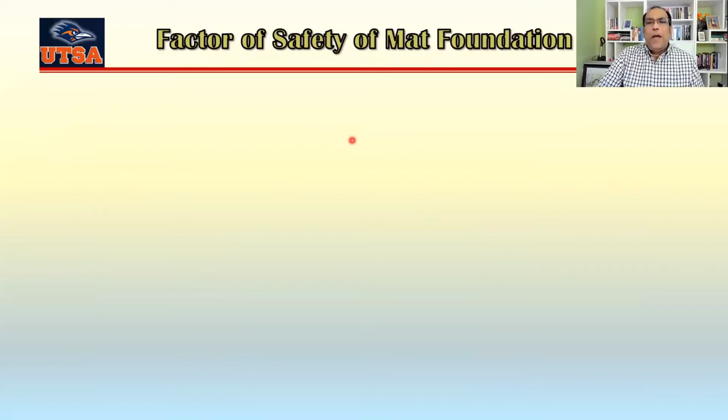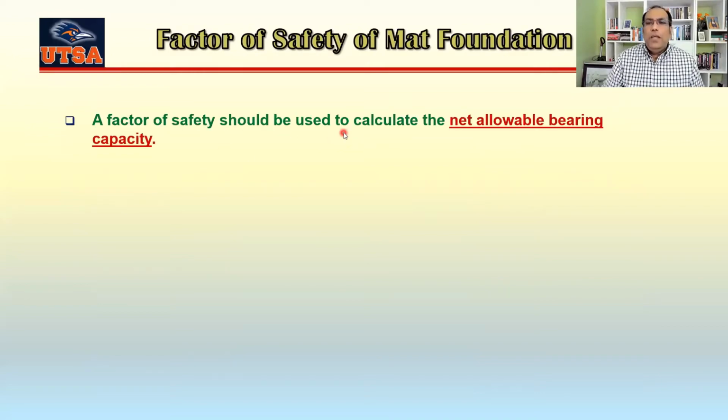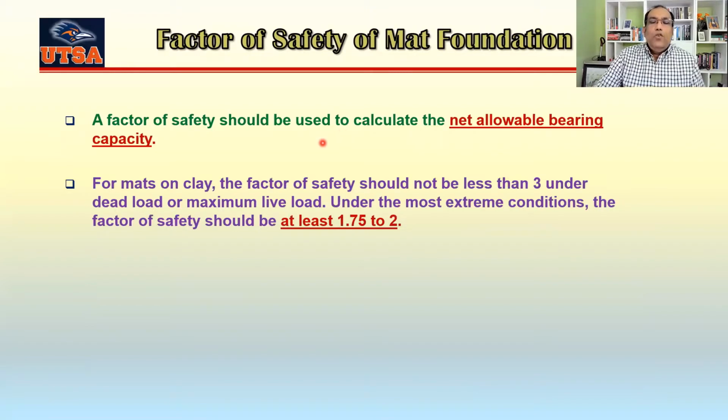Now, factor of safety for mat foundation. First of all, the factor of safety should be used to calculate the net allowable bearing capacity. We know that all the bearing capacity equations are in terms of ultimate load carrying capacity, but we have to use a factor of safety for the allowable load that the foundation can carry. So usually the factor of safety for mat foundation in clay and sand, in both cases, should be at least 3. Okay. But for